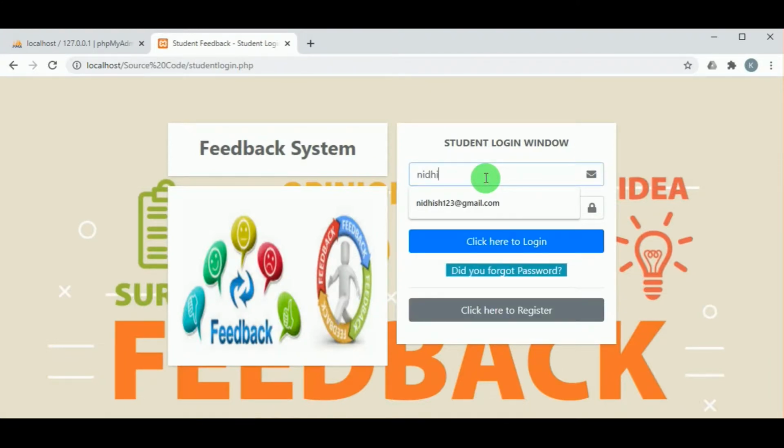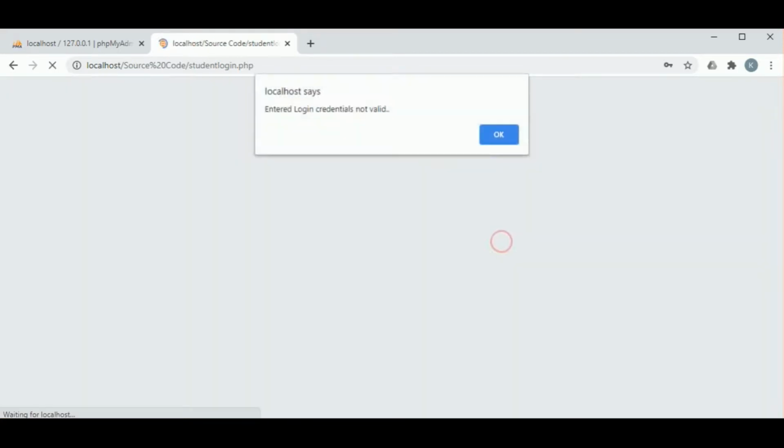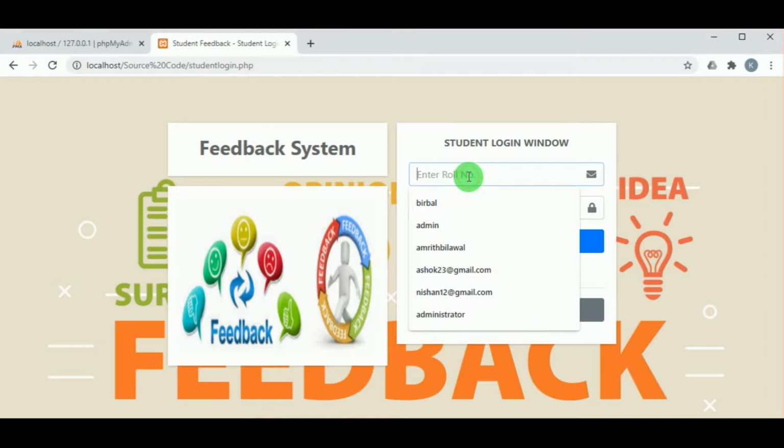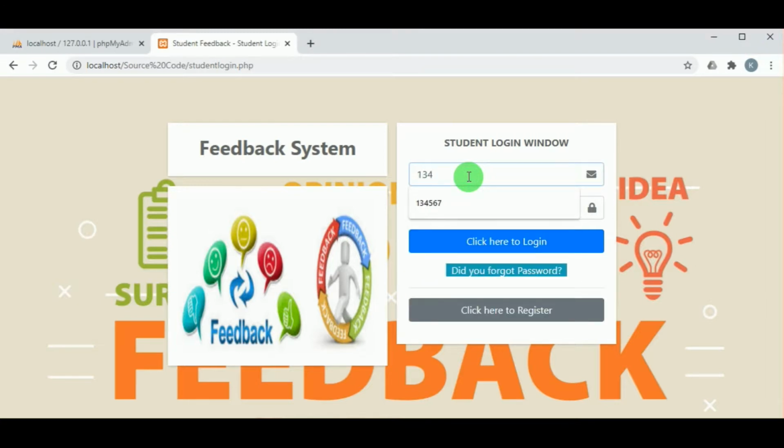So let us log in as a student now. So the student will log in here. Let us try log in using the student name and password. So we can see that it is not possible, it is invalid, because the student must mention his roll number and then his password, which he had given at the time of registration.